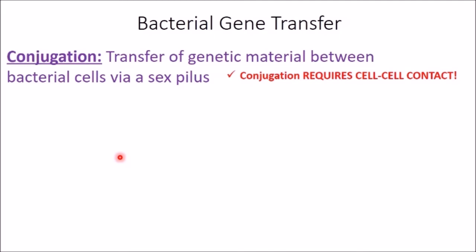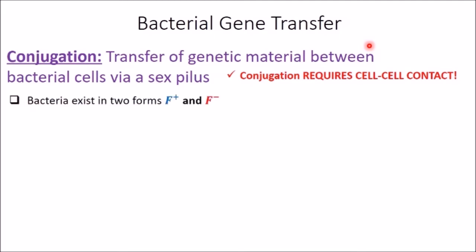You should appreciate and understand the fact that if you're going to transfer things through a pilus or like a column, you're going to need cell-cell contact. You need that. That's conjugation. It's a transfer of genetic material between bacterial cells via a sex pilus, or via this column that allows DNA